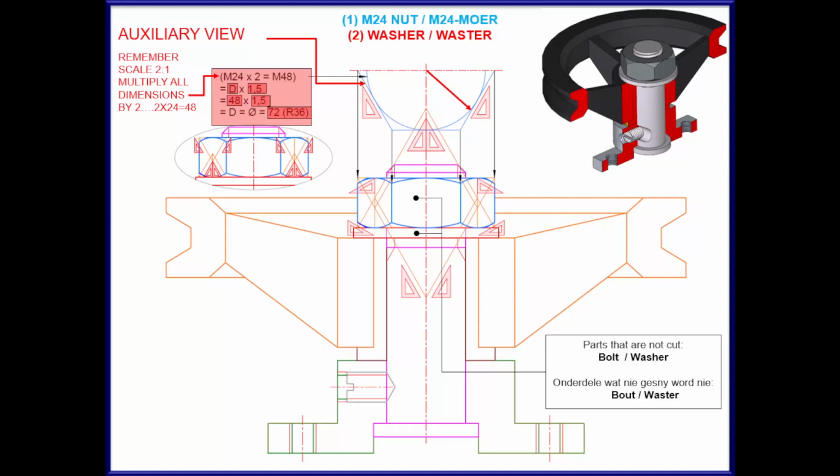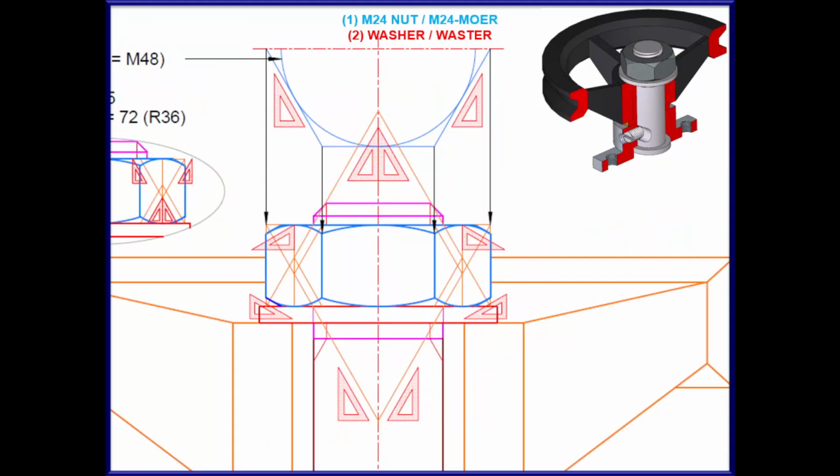We have our center line positioned right in the middle of the shaft where the nut must be placed. Draw a horizontal center line at any appropriate distance away from the front view and draw the circle or semicircle with a radius of 36. We will then draw the hexagon on the outside of the circle, never on the inside. The auxiliary view will give us the 4 points that we need to project back to the second view. And that will give us our 1, 2, 3 faces as it was asked in the question.